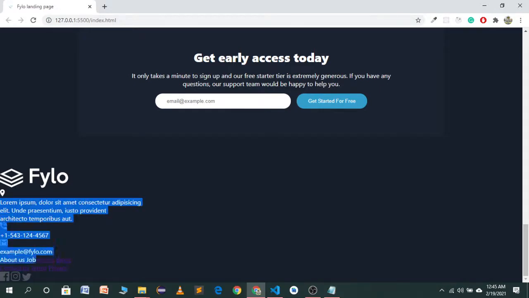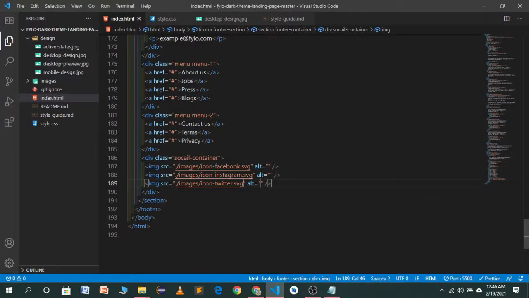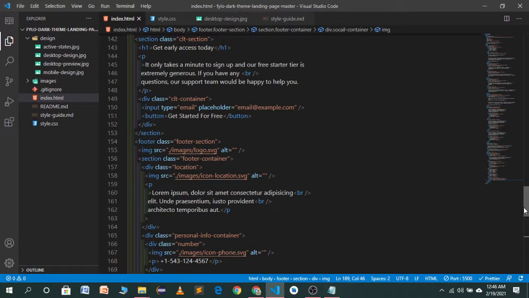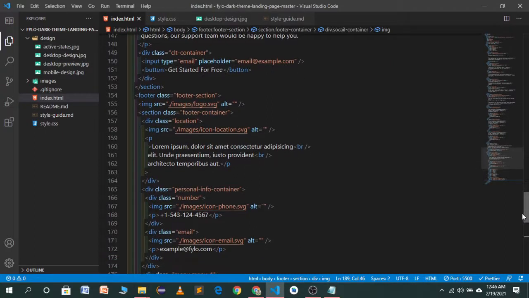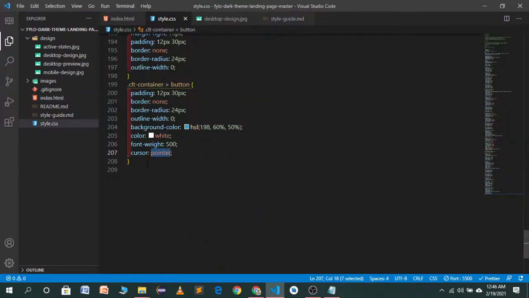As we move to our website, you will see it's not looking great. These are aligned in the wrong direction. First of all, as you will see, we have a main container which is the footer section. So let's copy and target this footer section.